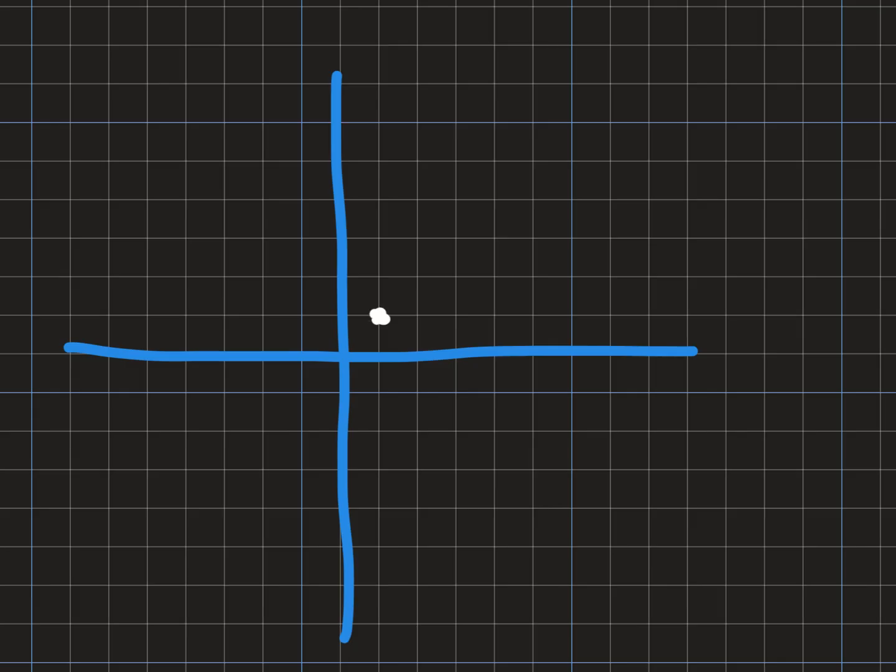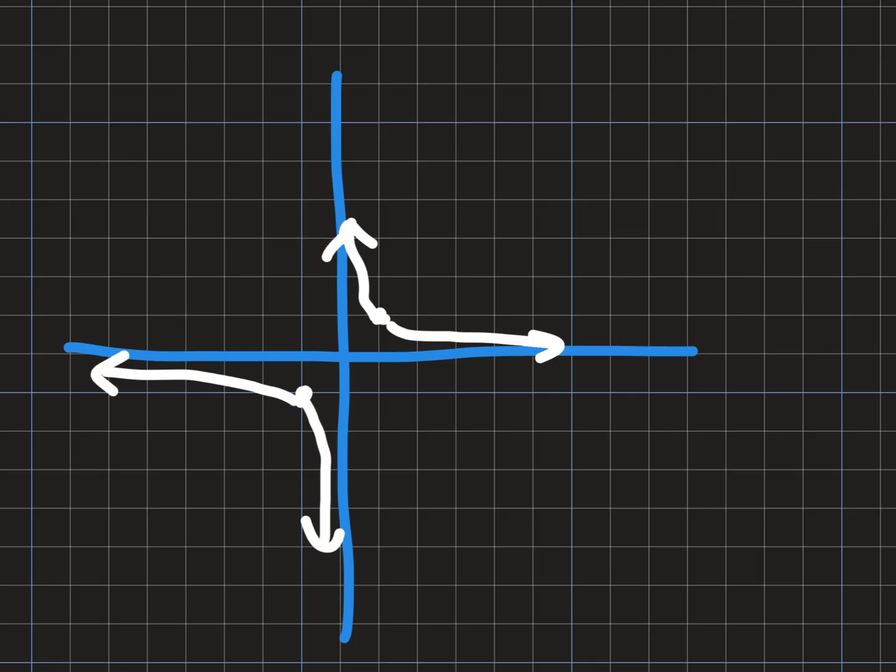And this time let's make it the normal one, where it goes through over 1, up 1, and over this way and down 1. -1, -1. That's the normal one. Oops, it's got to get closer and closer to the asymptote. There we go. And the asymptotes are here and there. Okay, cool. Now, if that's y equals 1 over x,